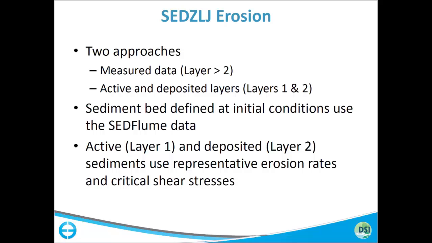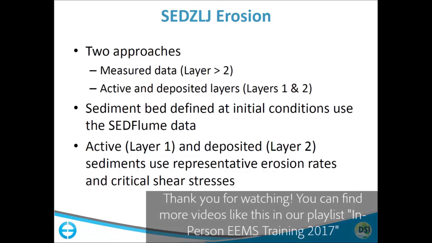Yeah, and so you're having to estimate what they call active and deposited sediment erosion rates, critical shear stress, etc. And you just do that from the data. Maybe all you need to do is take some of your top layer data and either pick a representative core and say that applies elsewhere, or you average it, or however you want to do it, but you end up